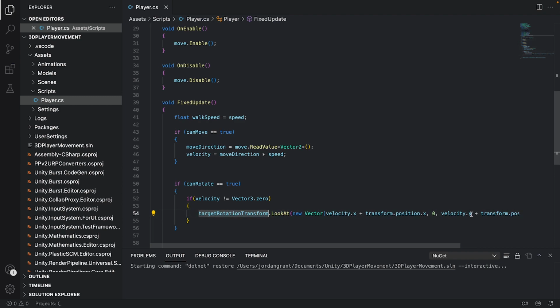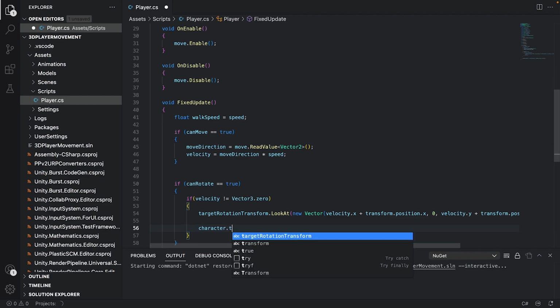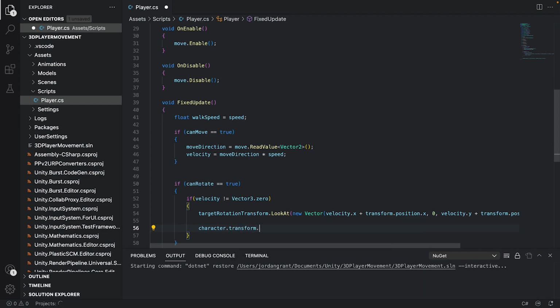So next what we're going to do is we can just set, at least for now, character, which is our mesh, dot transform dot rotation is equal to quaternion dot... Actually, let's for now just make it simpler. Let's say to target dot rotation transform dot rotation. Okay, there we go. Now if we go to Unity,